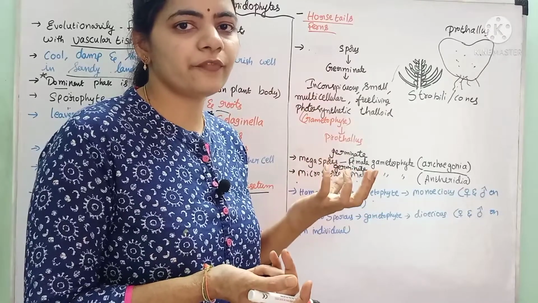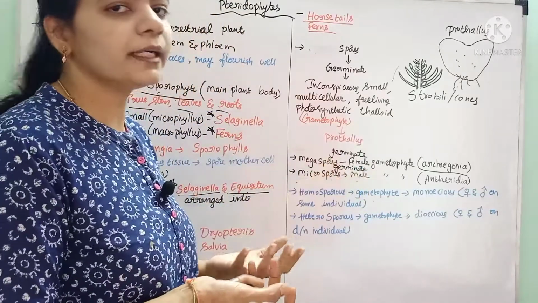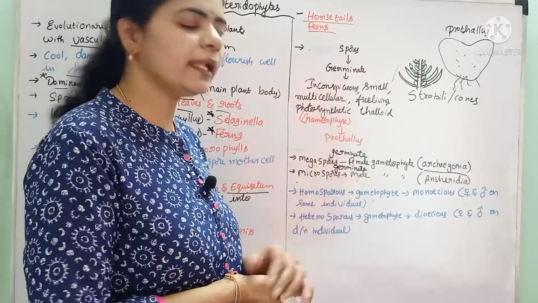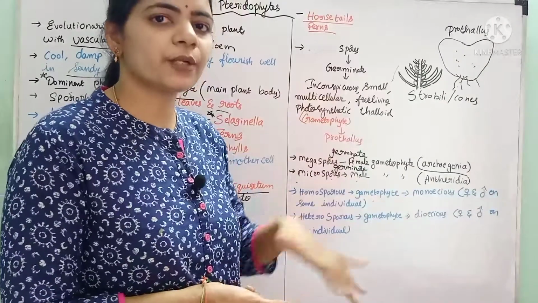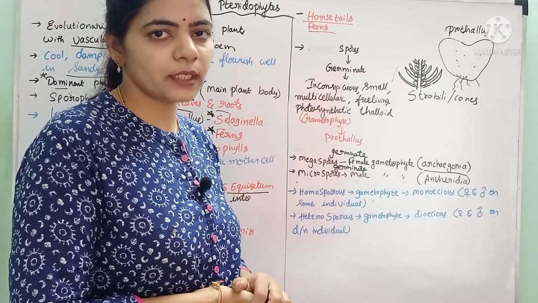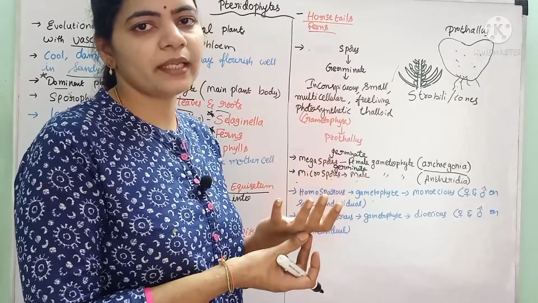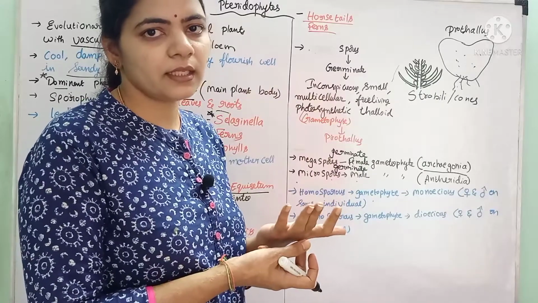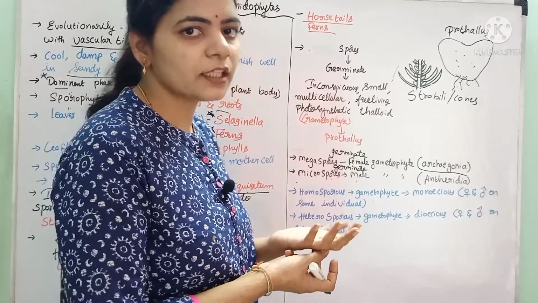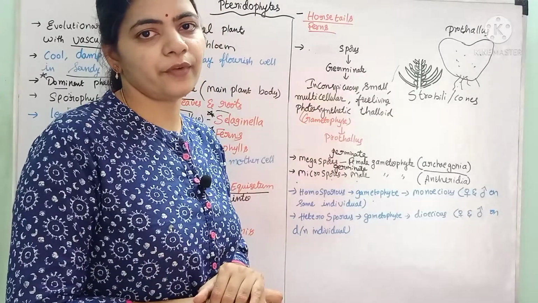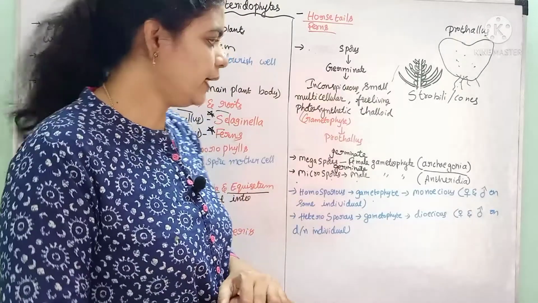When the male gametophyte, that is antheridia, has matured, the male gametes will be released. If water is available around the gametophyte, the antheridia produce male gametes, which have flagella. By means of the flagella, the male gametes swim in the water and reach the female gametophyte. In the female gametophyte, they reach the